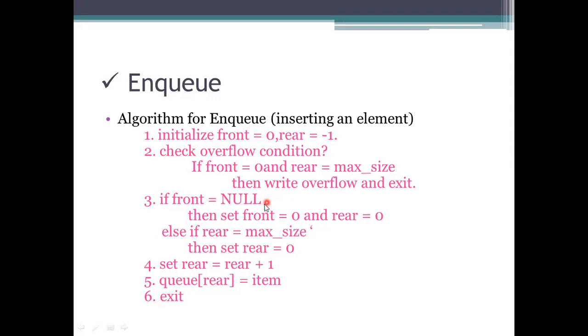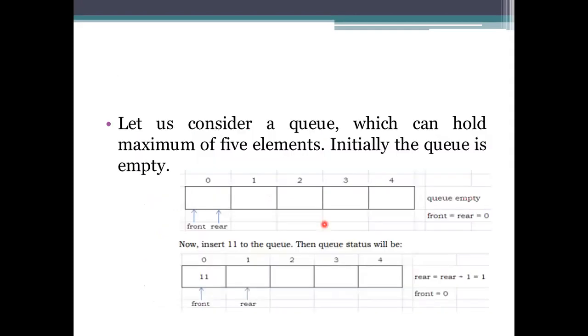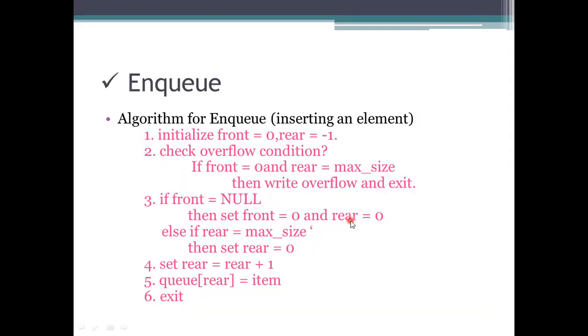What has to be done is we need to specify that these two variables, front and rear, have to be set, and we need to give the values to them. So here in this representation, front is equal to rear, and then it is equal to 0. That is, the queue has been initialized and no values have been inserted in it.